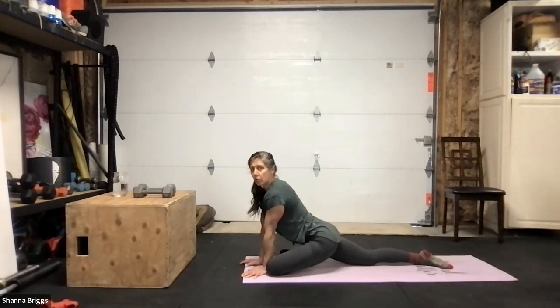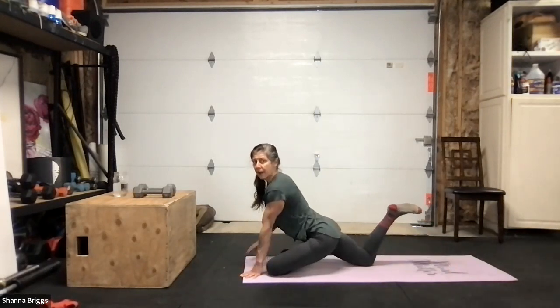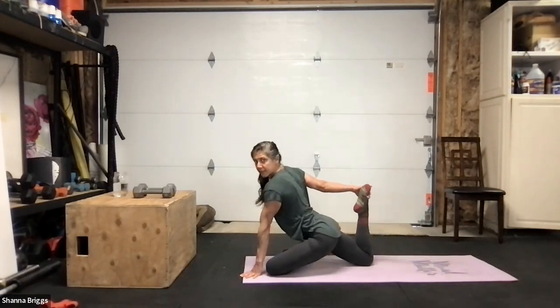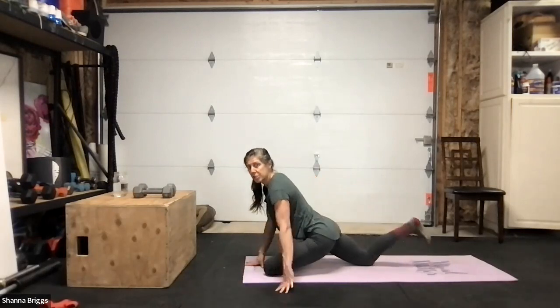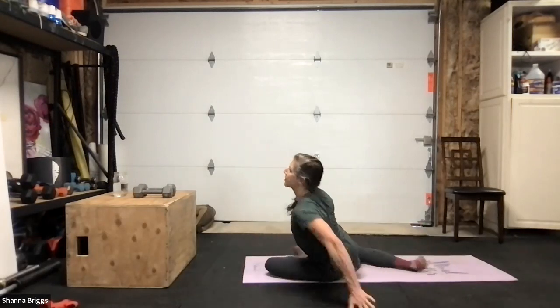And if you'd like to add a quad stretch to it, if you can grab the back foot with the same side hand, use that left hand to grab the left foot. Now just breathe, just about 10 seconds left. Good. And then when you finish there, sitting onto your left hip and then going to swing that right leg